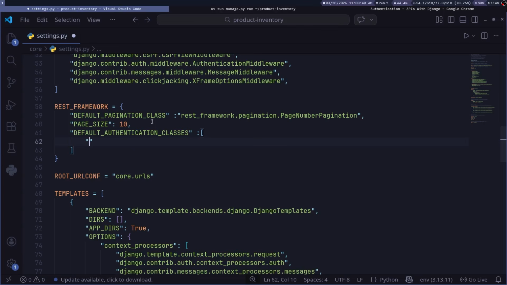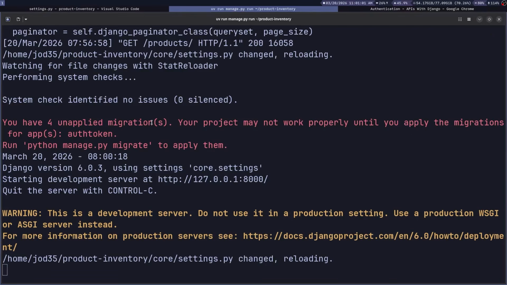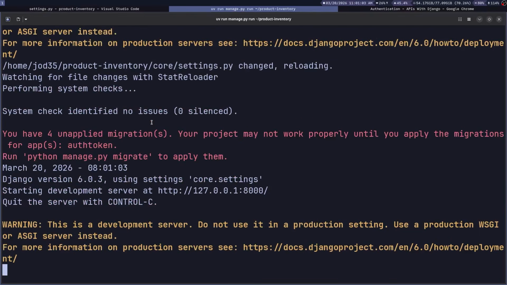But for now, I want to make use of REST framework's token authentication class. So we're going to say this is going to come from rest_framework.authentication.TokenAuthentication. And once we have been able to do that, we shall save. If we head back to our server, we shall see that we have